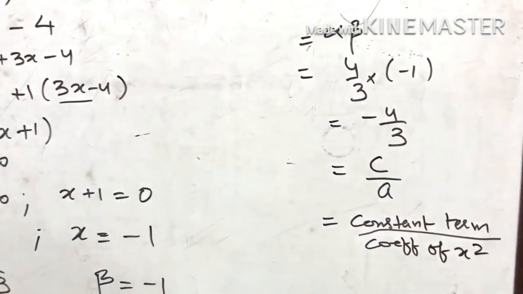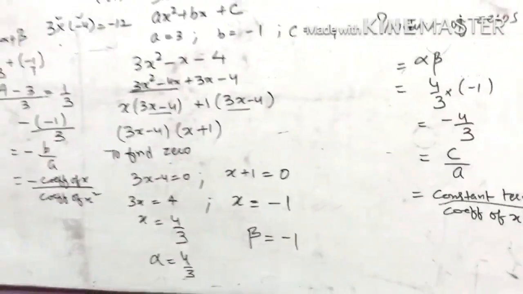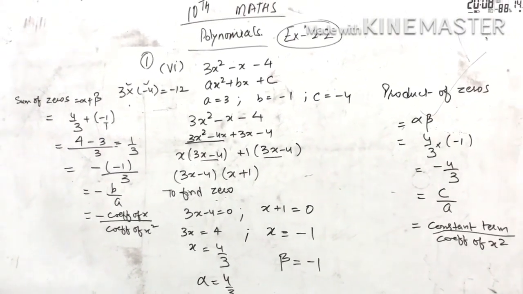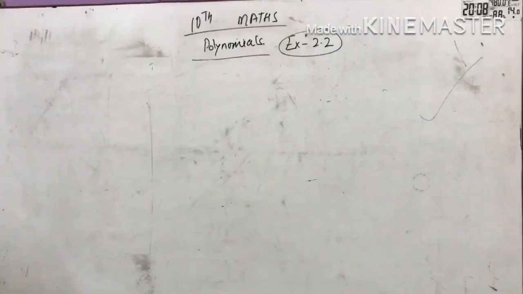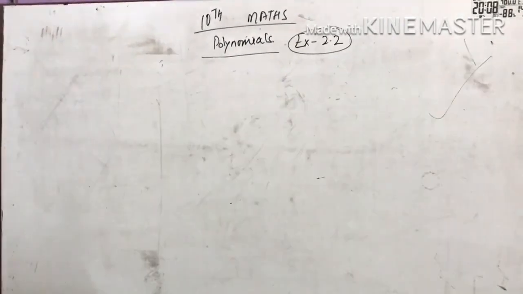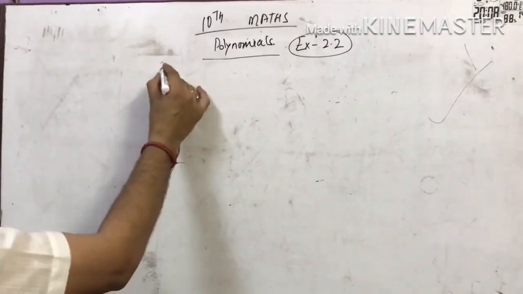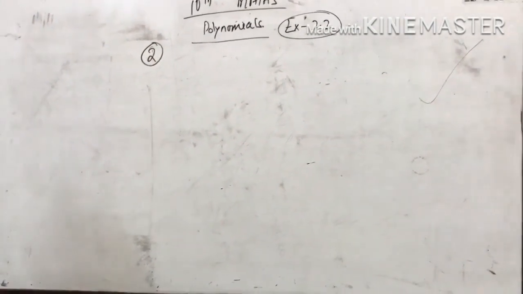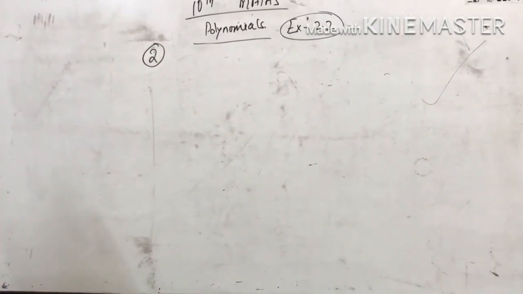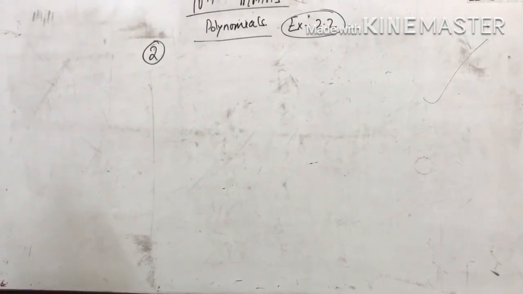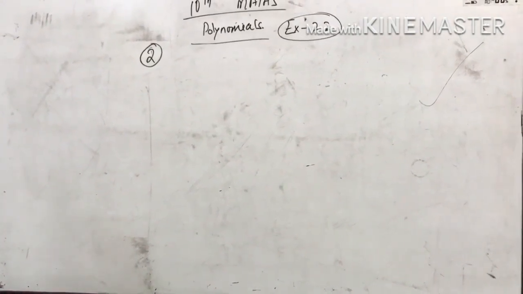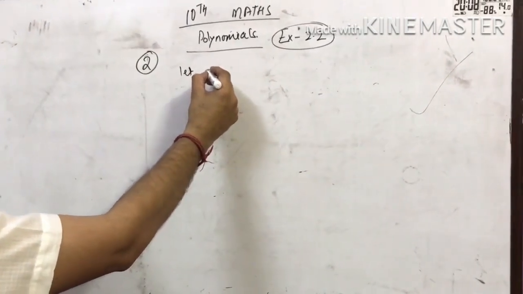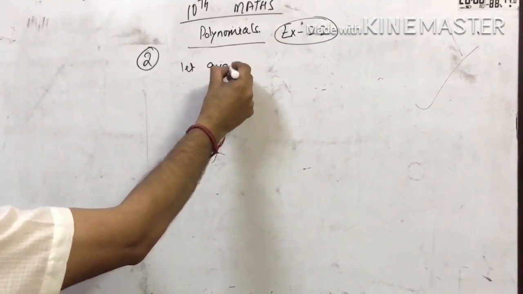Now you can see we have proved all the 6 parts and we got the right answers, and all the conditions are also verified. So, Exercise 2.2, second question. In examples we have done it. So question number 2 is, find the quadratic polynomial with the given numbers as the sum and product of the zeros. So first of all, let us assume that the quadratic equation is